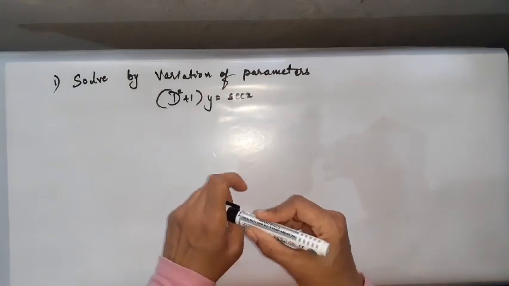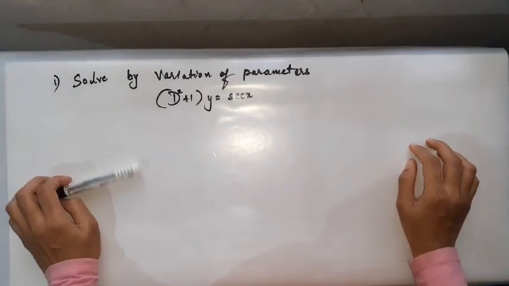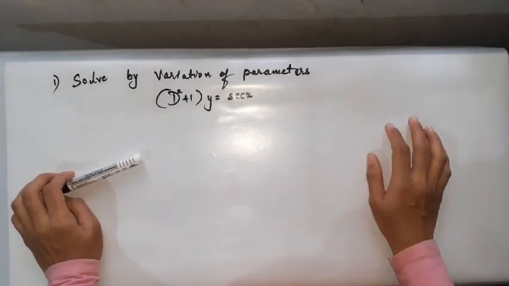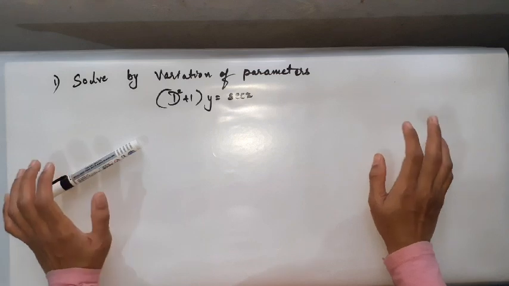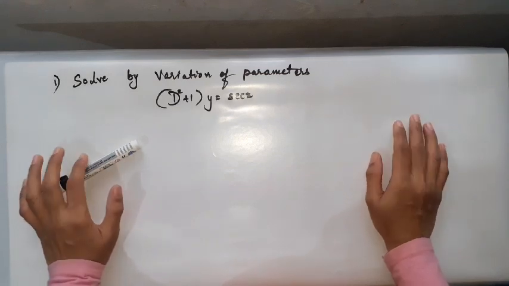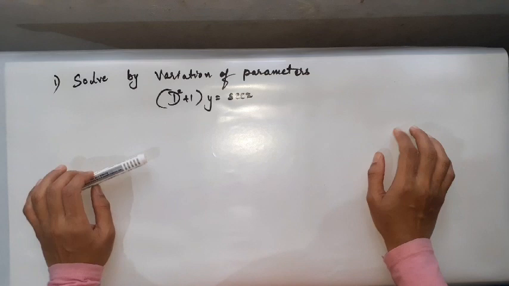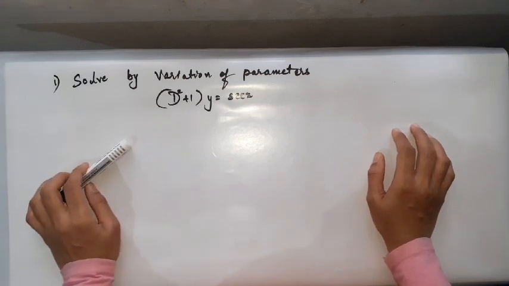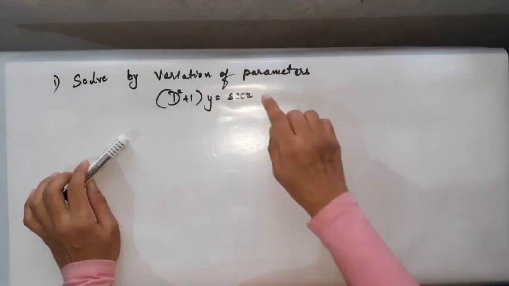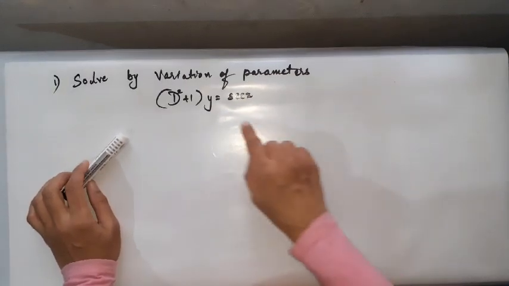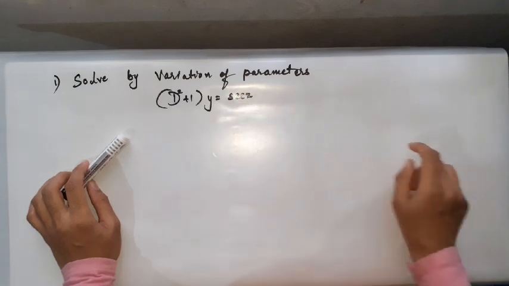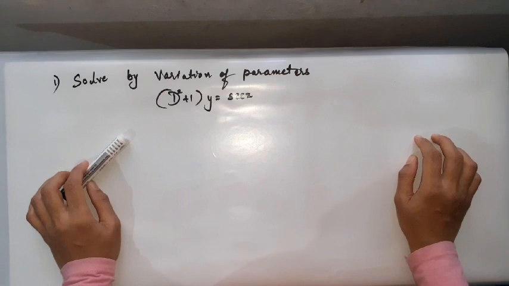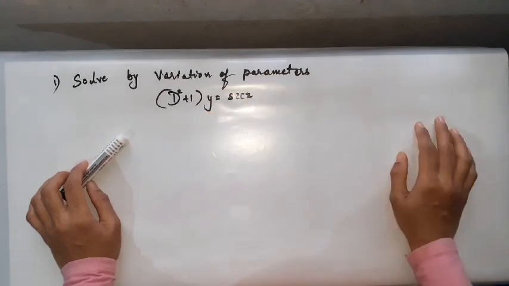But before going to the solution, I just want to have a small recap on what we have learnt in my previous session so that you get a clear idea about it. Basically, variation of parameters is applicable to a second order linear differential equation. So first of all, verify the given equation is second order or not. Of course, the given equation is a second order linear differential equation and it's non-homogeneous, and in place of phi of x you have secant x over here. Secondly, you have (D square plus 1) of y, which means it is a second order linear differential equation.